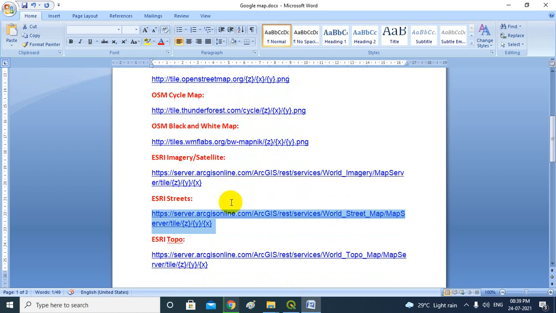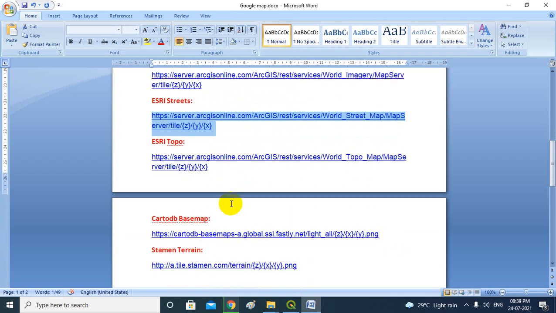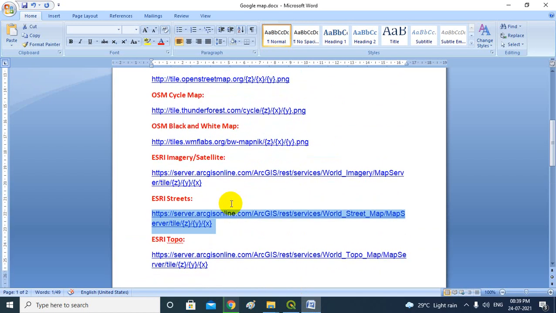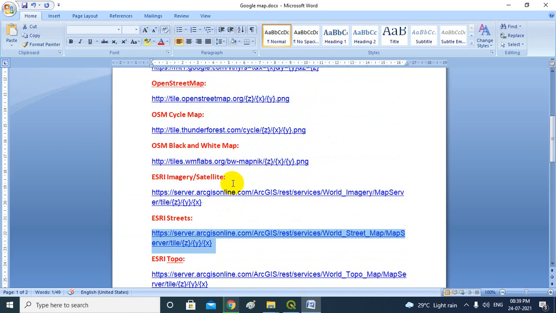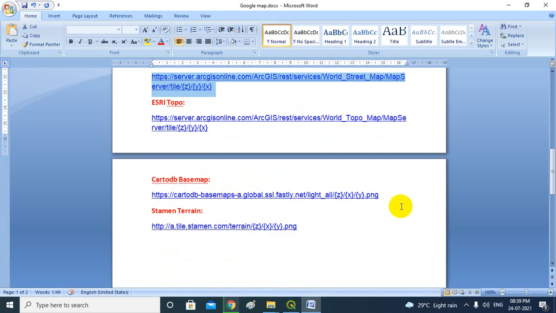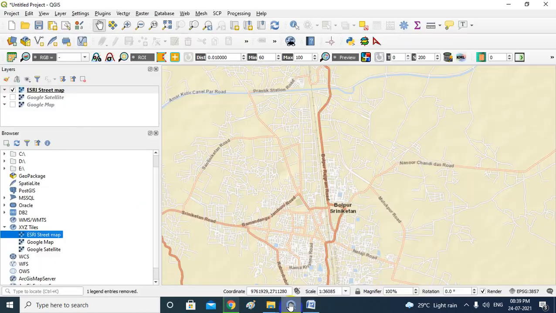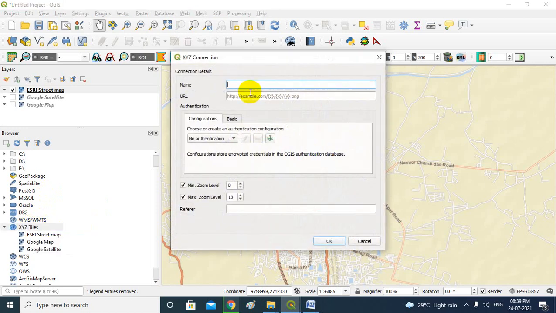So I'll show you the last one. Suppose OpenStreetMap is possible. Let me add CartoDB base map.